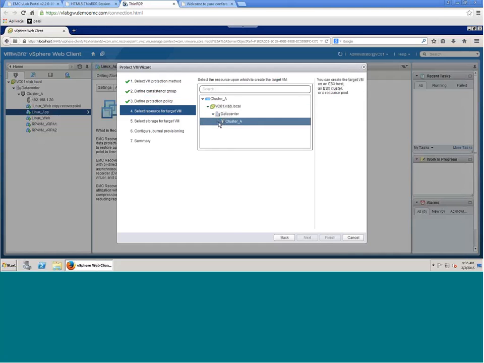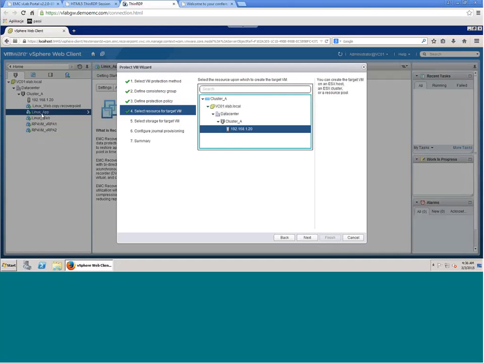I need to now choose resources, of course, because when I will be testing this Linux application, of course the Linux application as a production will still work. So I need to choose another ESX host that will run another test copy from 1 IO, from 10 IOs, from 1 week ago. You understand me? So I have to choose